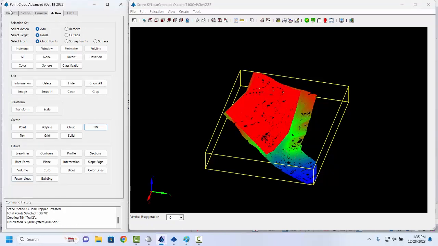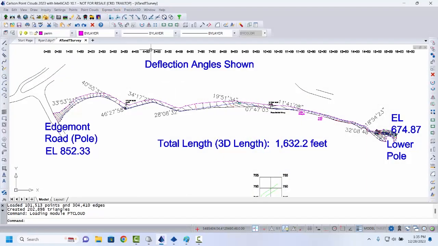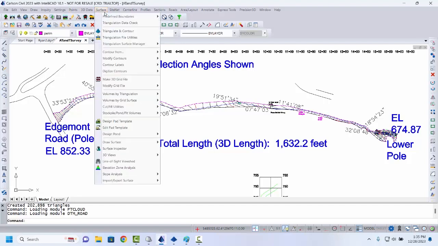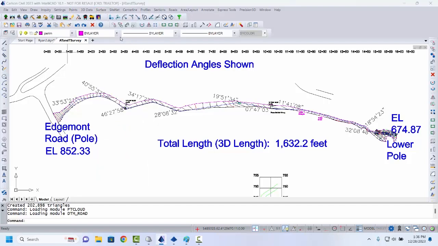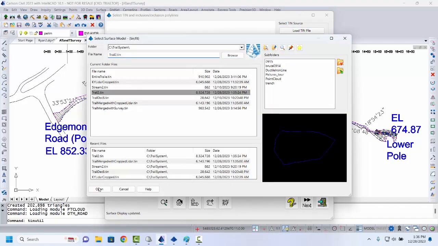Now you can literally exit. You could save the scene or save the entire point cloud operation, exit after the saving, and go to the civil module where we have some utilities that allow us to merge our field surveyed tin with the overall tin that we just made, the DTM we just made. That's conducted under surface pull down, triangulation file utilities. We load the big tin we just made, Trail 2,